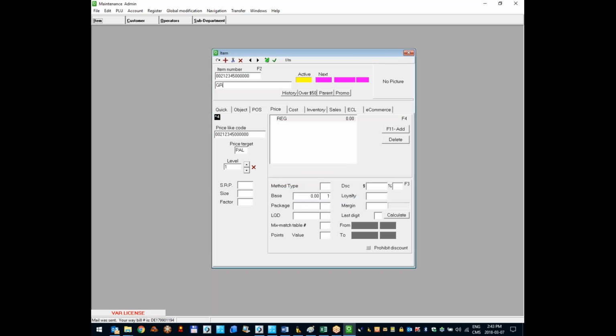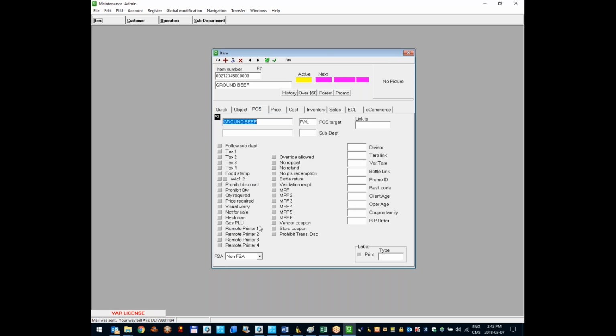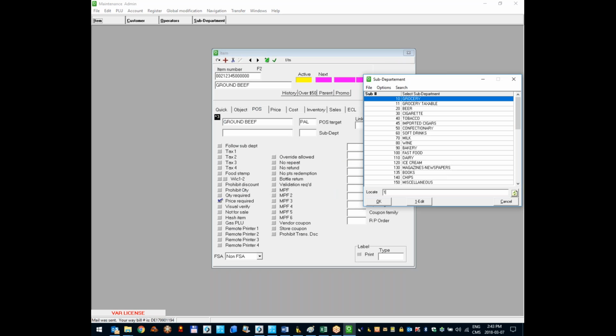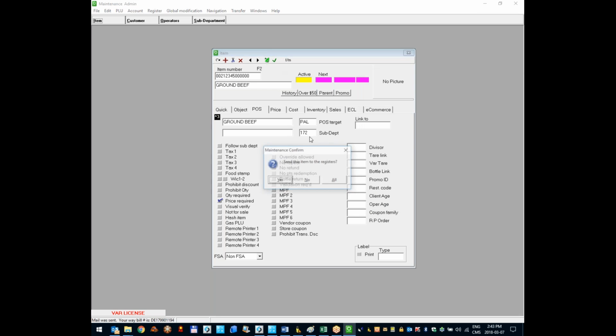This is a new item, and we're going to call that ground beef. We need to set first the price per pound. Let's say it's at $2.87 a pound. And then we need to set the price required flag, and a subdepartment, of course. So I will send that to the registers, and because the item is price required,